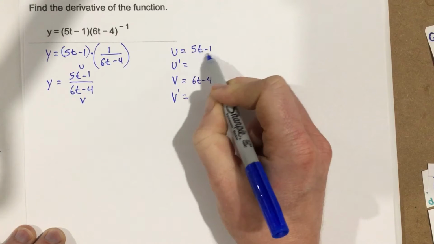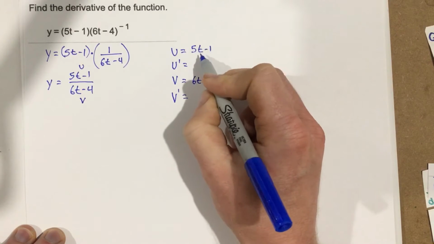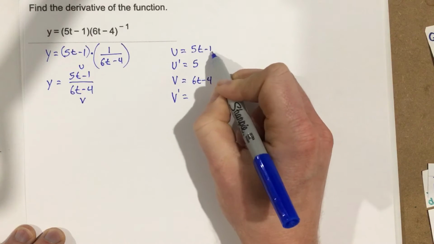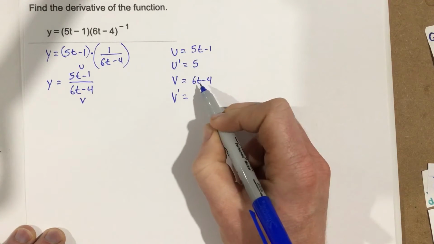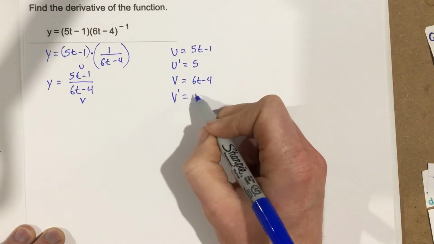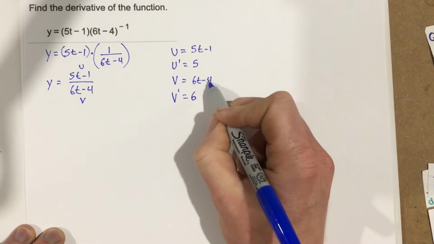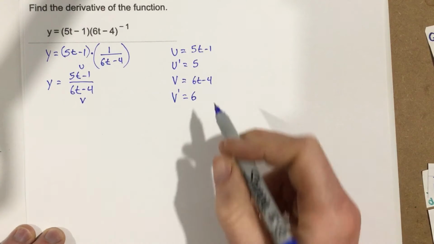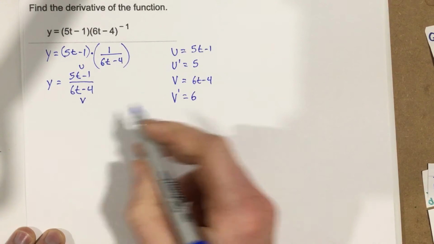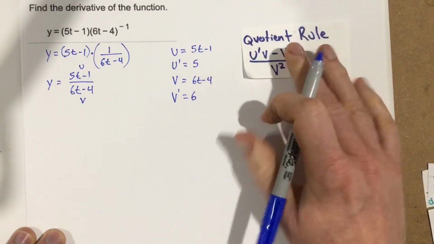When I take the derivative of the top, I end up with 5 for the first part, and this is 0, so I just end up with 5 there. When I take the derivative of the bottom, I get 6, and the derivative of negative 4 is 0. So I end up with 5 and 6 for my derivatives. So now I'm going to use the quotient rule,